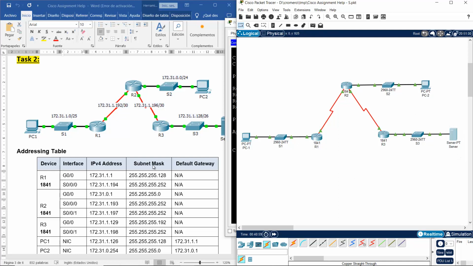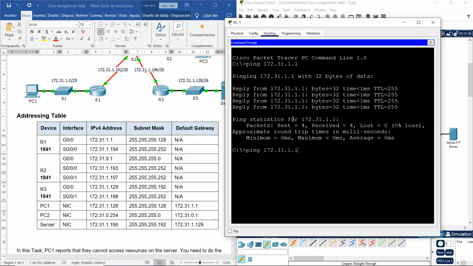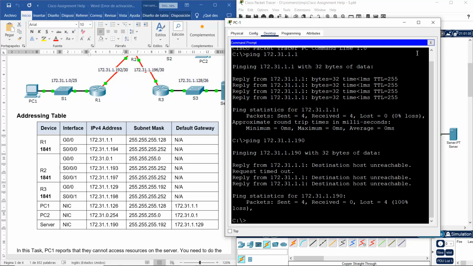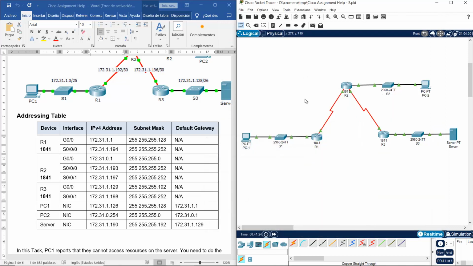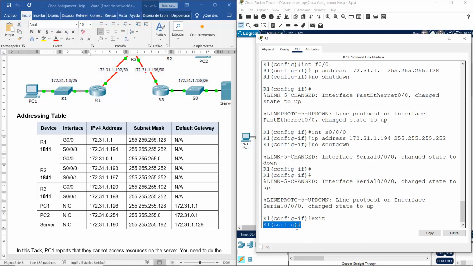For example, the IP address of the server is this, 190. Okay, destination host unreachable. Destination host unreachable. So that's why you need to implement dynamic routing or static routing. I will use dynamic routing, for example, on R1. On R1, exit, in global configuration mode, use, for example,